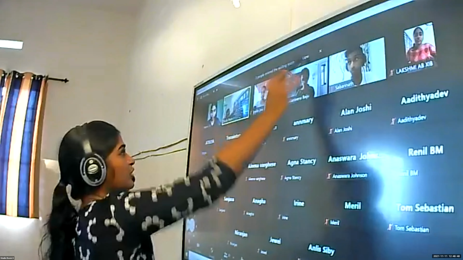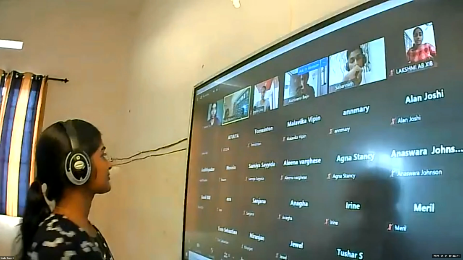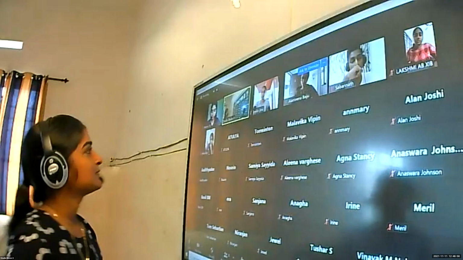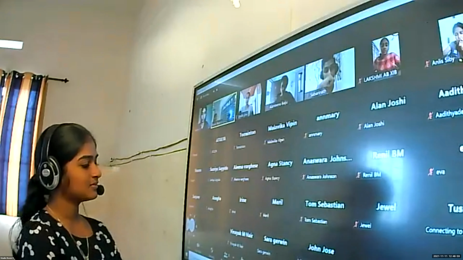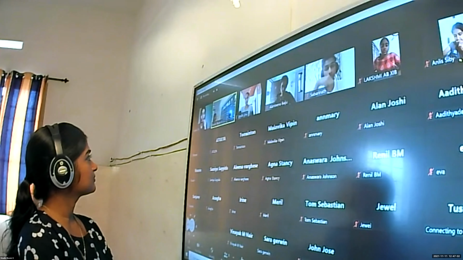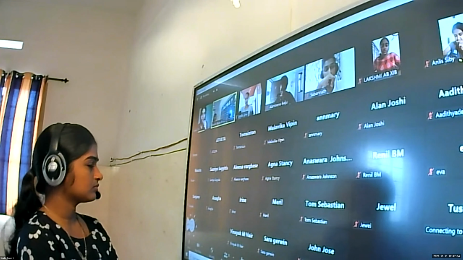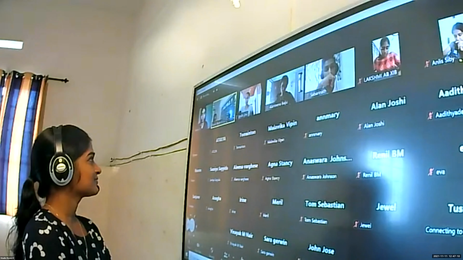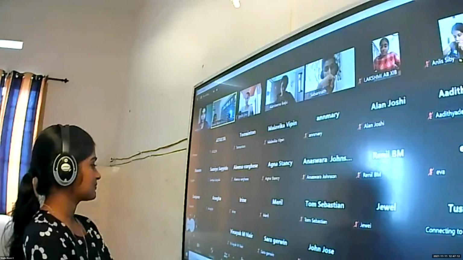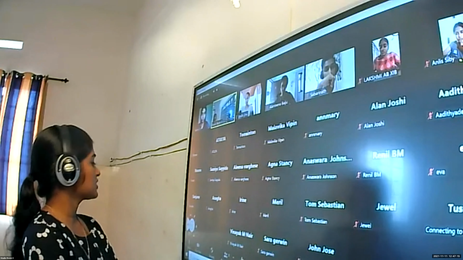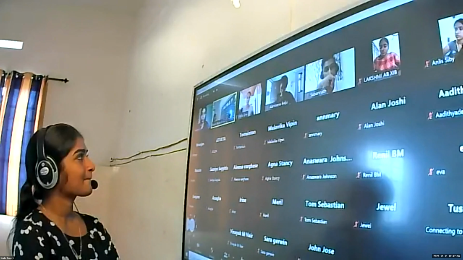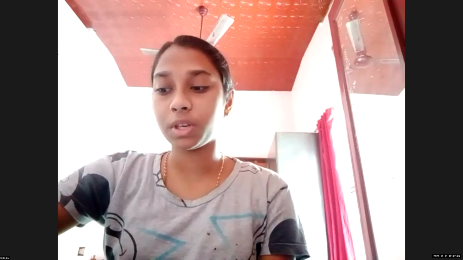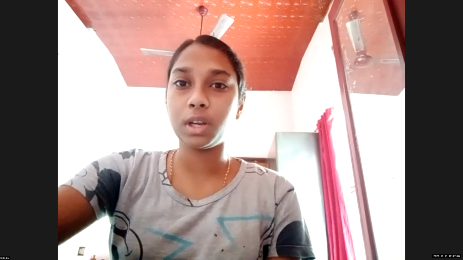Do you have any doubt? Anyone? Meherin, can you tell me the first step? Write down the skeletal ionic equation. Okay, write down the skeletal ionic equation. Then second step. Emmeline, can you tell me the second step? Identifying atom which undergoes change in oxidation number in the reaction by assigning oxidation number in all elements.